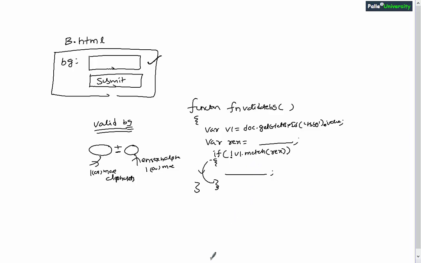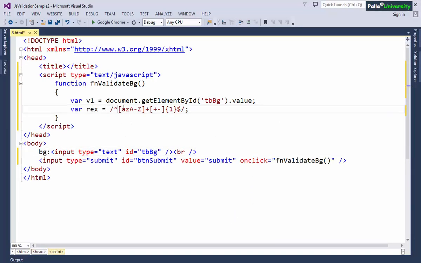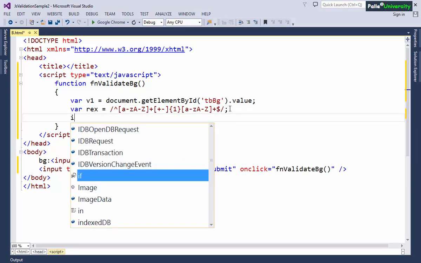Immediately after this again I need English alphabets after this plus or minus character, one or more characters. So to do this, whatever code we have written on the left hand side, the same code I will be writing on the right hand side. And I am sorry, I missed A-Z over here, and here A-Z must be written. Okay, so how many times are these a to z or A to Z characters required? One or more times I have written. Okay, so probably this regular expression will work as per my requirement.